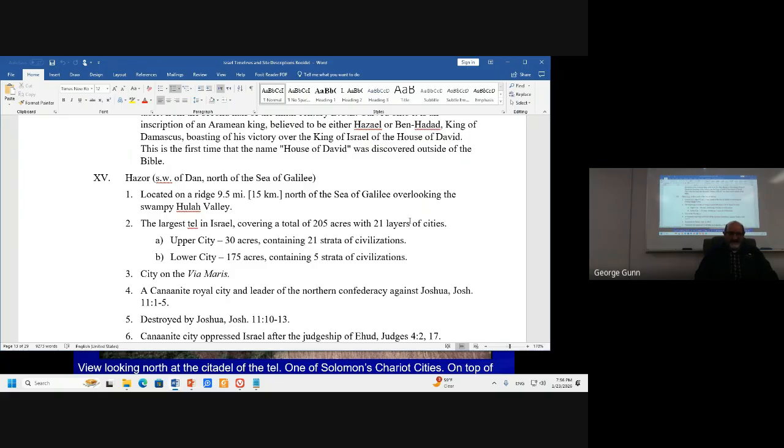And they didn't have heavy earth-moving equipment like we've got today. No D8 cats in Israel in those days. So you just build on top. If it lay there for some time, dust and silt and things would fill in and give a level. So oftentimes after destruction, it would lay vacant for a long period of time. Sometimes it wouldn't lay vacant for very long before they started to build. And this causes a